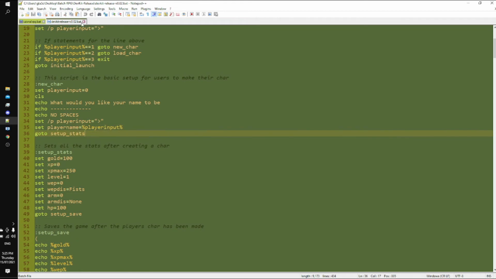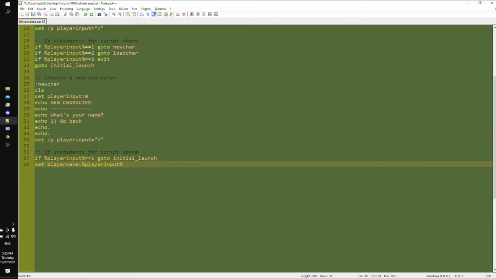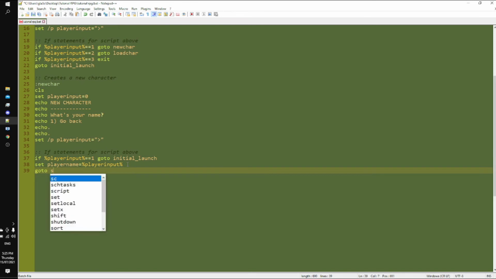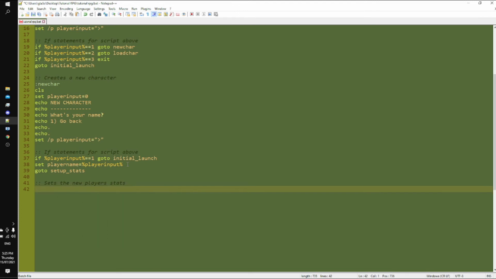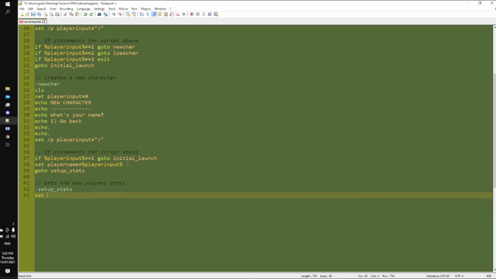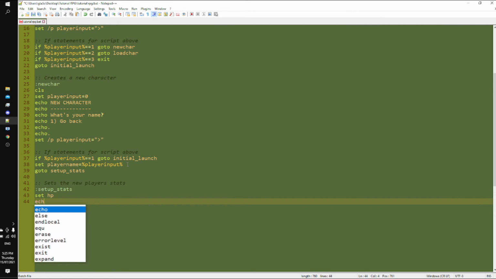Then it would go to set up stats, which is what we're gonna do here. And go to set up stats, or you can call it whatever you want. Set some new player's stats, just another comment to keep everything organized. Then we're going to do colon, set up stats, and then you don't have to put any echoes here. Basically what we're doing is we're going to set all the stats that we're going to use later on in the game. Now the stats that I'm going to use are HP,